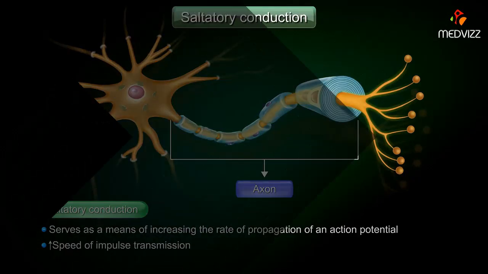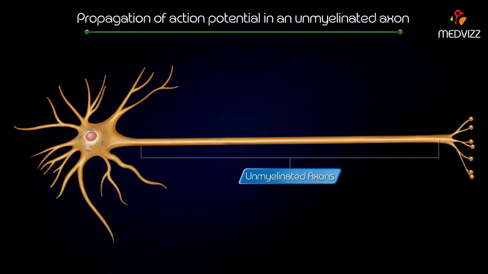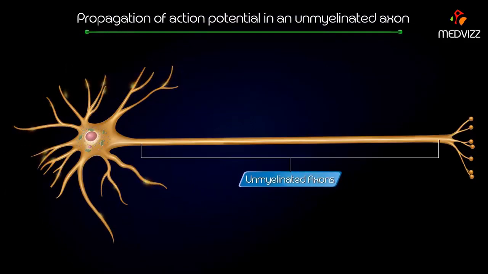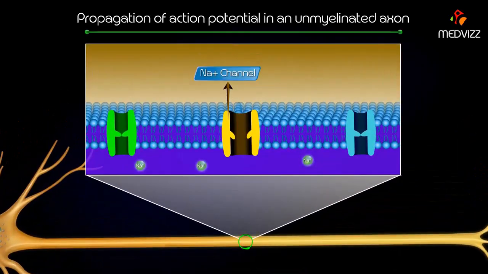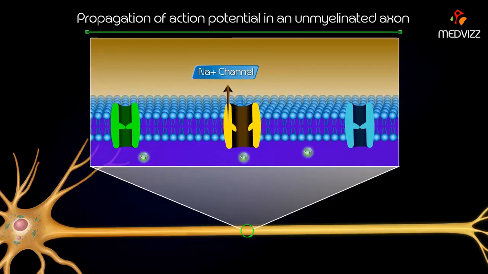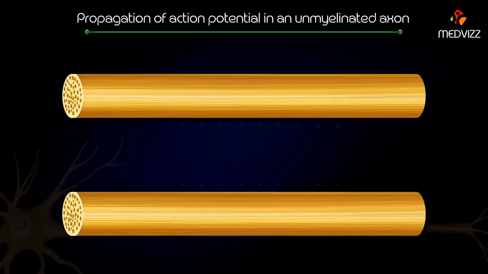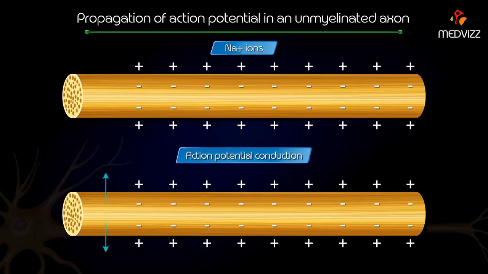Propagation of action potential in an unmyelinated axon. In unmyelinated axons, action potentials propagate as an interaction between passively spreading membrane depolarization and voltage-gated sodium channels. When one segment of cell membrane is depolarized enough to open its voltage-gated sodium channels, sodium enters the cell by facilitated diffusion. Once inside, positively charged sodium ions nudge adjacent ions down the axon by electrostatic repulsion and attract negative